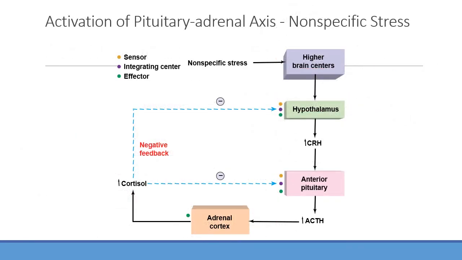So again, looking at the HPA axis, normally if you have some non-specific stress, that'll stimulate these higher brain centers, which tells the hypothalamus to release corticotropin releasing hormone. That then stimulates the anterior pituitary to release adrenocorticotropin. That then stimulates the adrenal cortex to increase cortisol. That should have a negative feedback loop, and actually inhibit both the anterior pituitary and hypothalamus, just like we saw before. Okay. Now imagine if I were to give